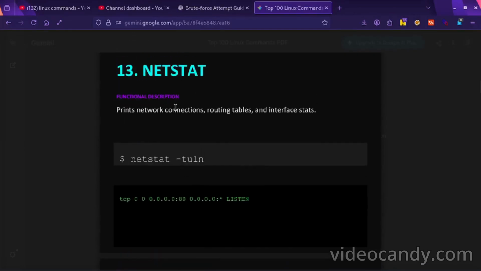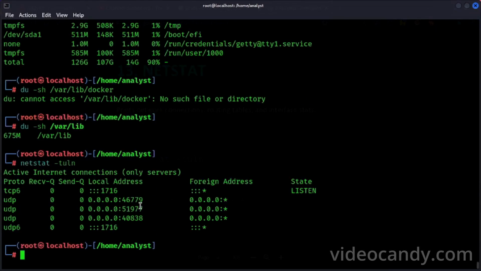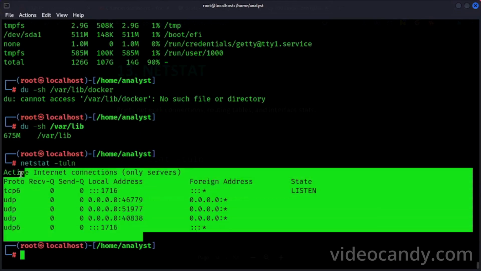netstat prints network connections, routing tables, and interface status. You can see that these are our active internet connections.